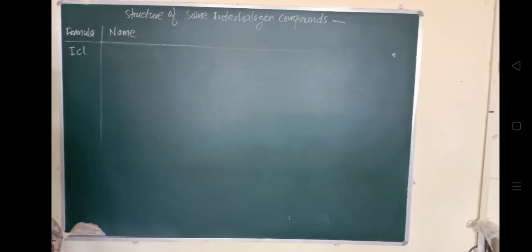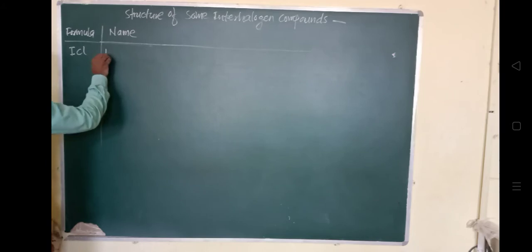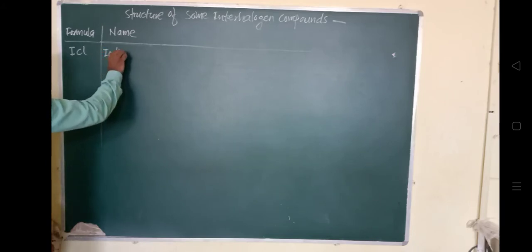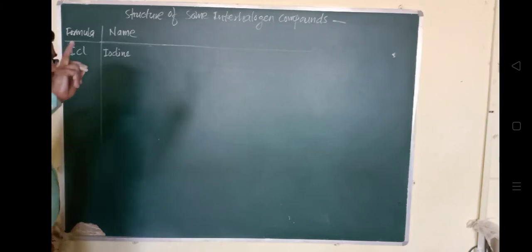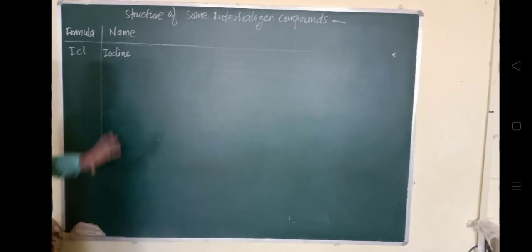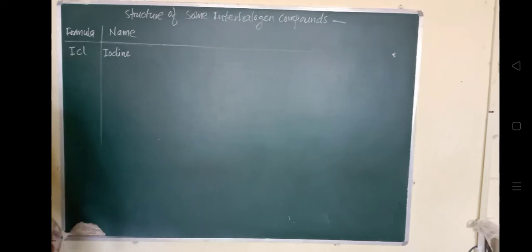That's why the nomenclature किसका दिया जाता है? इसको iodine का nomenclature दिया जाता है. How the nomenclature is given, I have explained in the last video. सब लोगों से request है last video देखना है, तभी आपको ये समझ में आएगा उनके nomenclature वगैरह. So, iodine monochloride. If we want to draw the structure of this iodine monochloride,